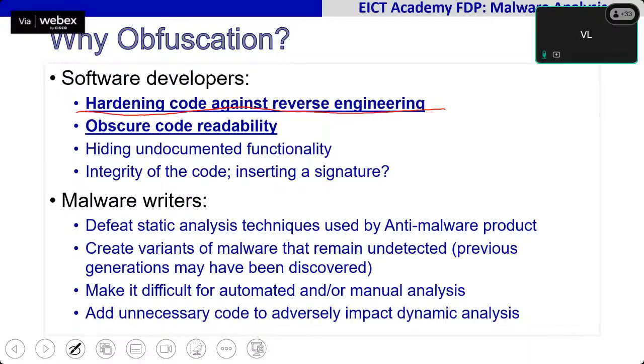But there is a difference in the way obfuscation will be used by a software developer and a malware writer. Generally, the software developer has to sell their code, sell their product, and their product has to be efficient in terms of space as well as time. So they cannot insert too much dummy code or unnecessary code to make it lengthy or complicated, because then the code performance will go down. But malware writers do not have any such restrictions, so they can add unnecessary code to make dynamic analysis difficult